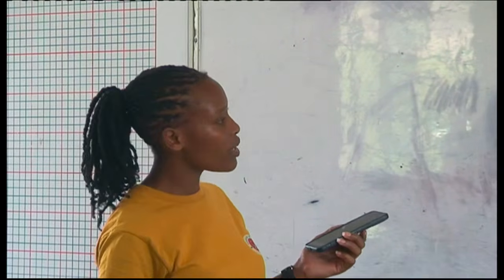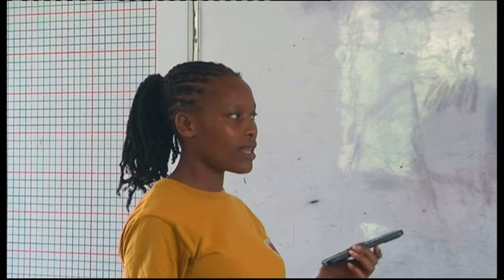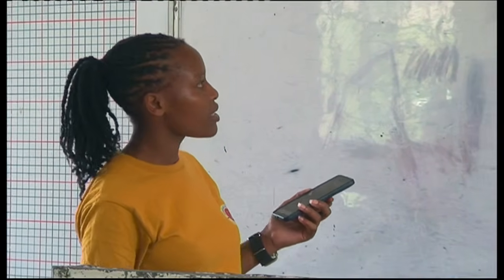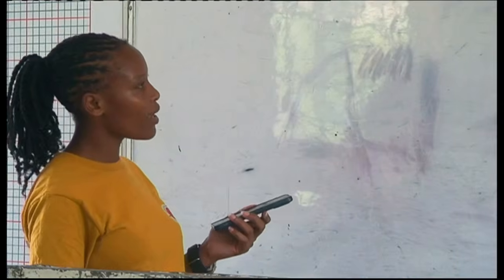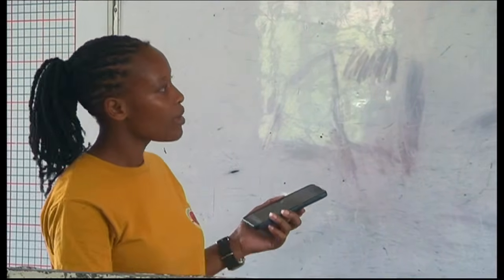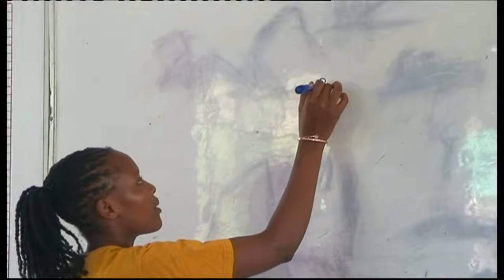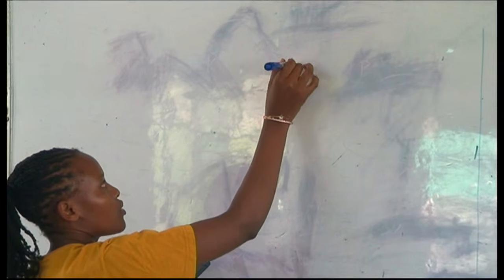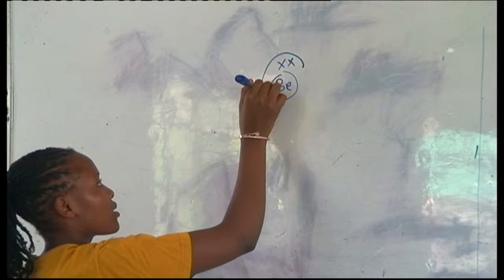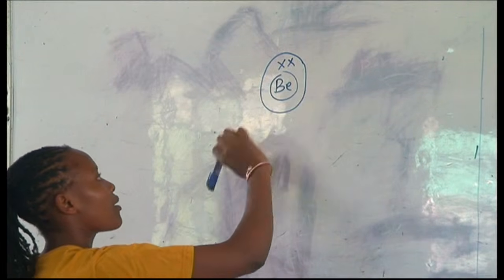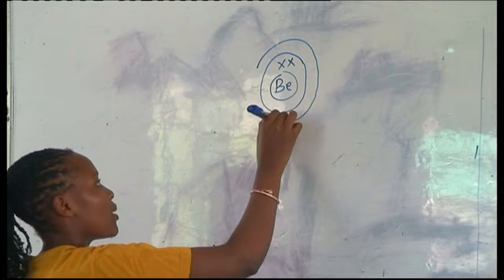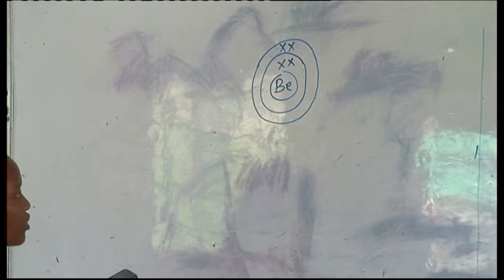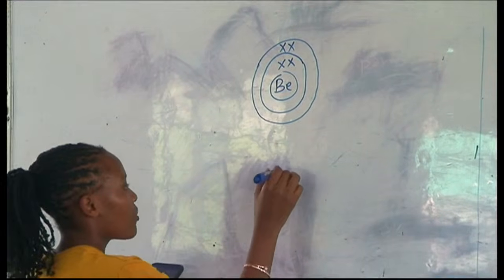Therefore, when we want to look at the trend in the atomic radius and the ionic radius of group 2 elements, let us draw their structures and see how their atomic radius compares as you move down the group from beryllium to magnesium. Now, beryllium has got 4 electrons. Therefore, the first energy level is occupied by 2 electrons, and the second energy level is also occupied by 2 electrons. Magnesium, on the other hand,